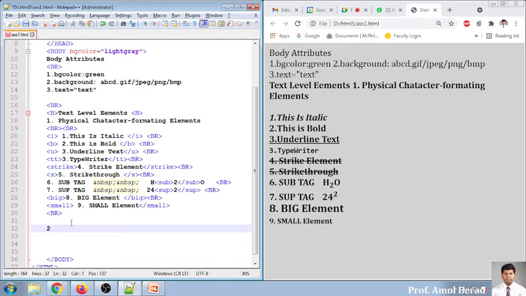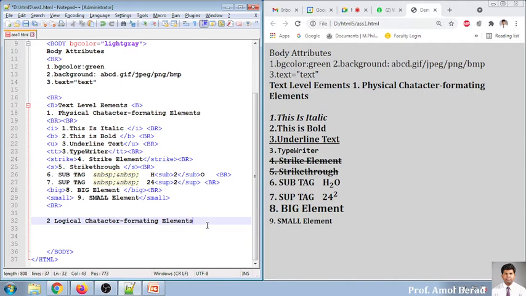You should know this. These are logical character format elements, and we'll write like this. We'll write a BR.